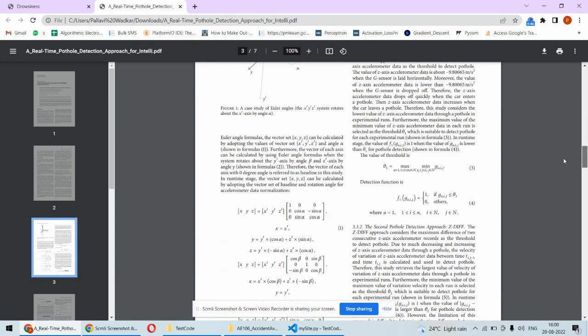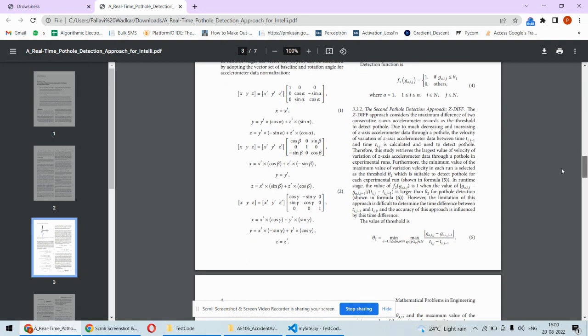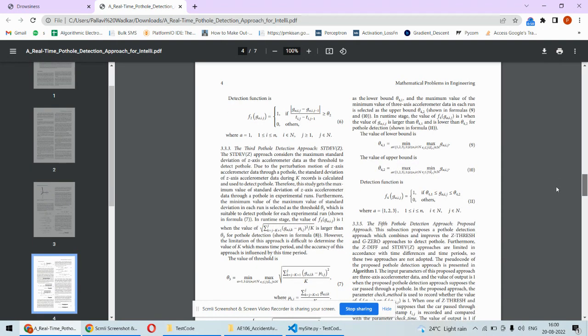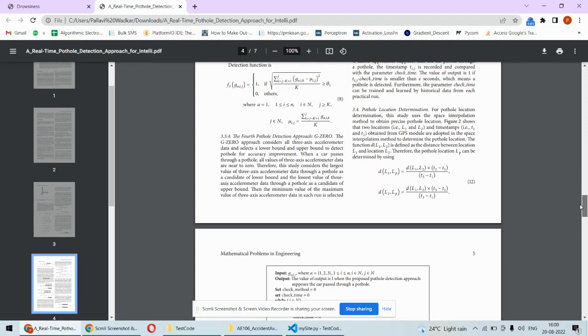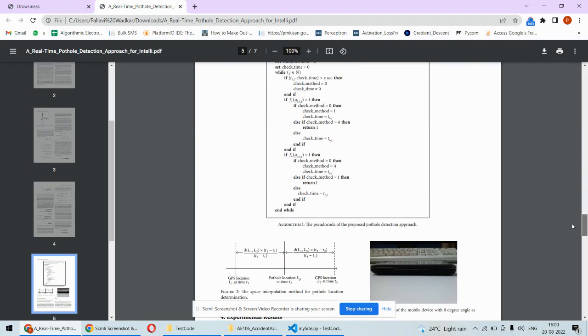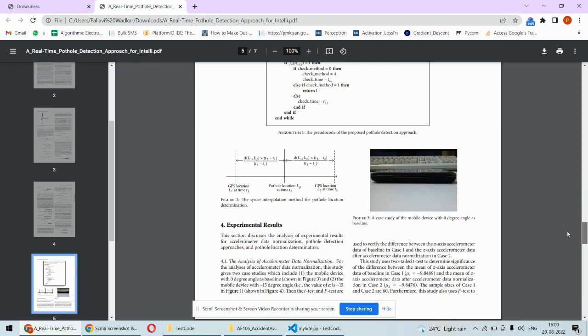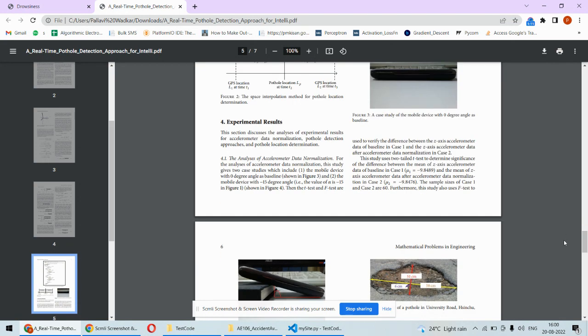But the same system can also be used using the real-time camera attached to the car, and the car is driving. You have to drive the car on the road, and then in that case it will detect the potholes in front of the car, and it will indicate you whether there are potholes or not. And in that way, it is going to help us in the driving, or it will be a safest driving way, so that you cannot commit any accidents or you can drive your car safely.